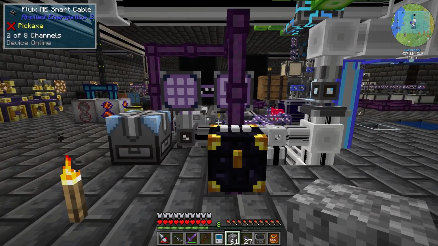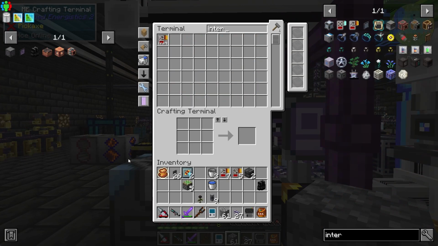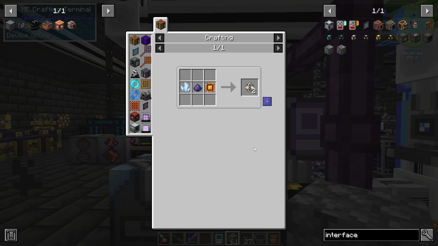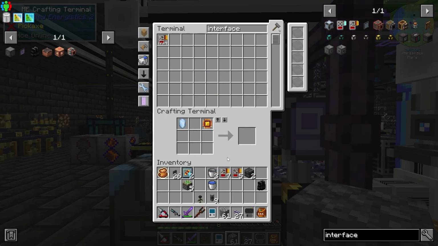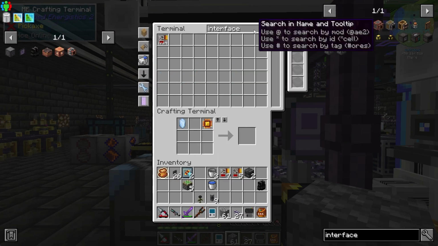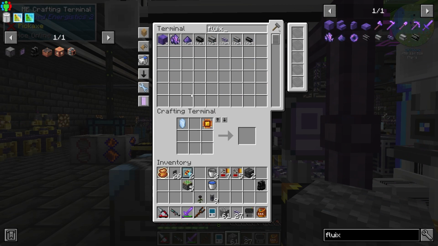You know what it is? It's an interface, isn't it? It's an interface, but not up here, down there. It's an interface, but down there. Fluix. It's got to charge the crystals and do all the other stuff, but as soon as it does, then it's fine. Right, let's get some...